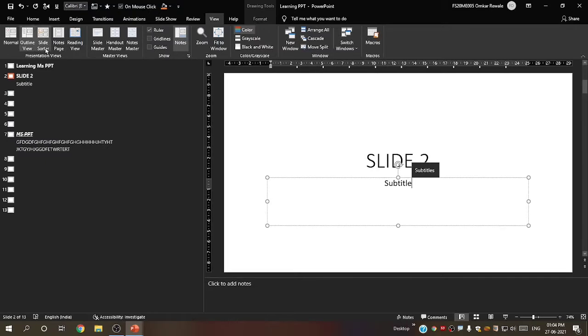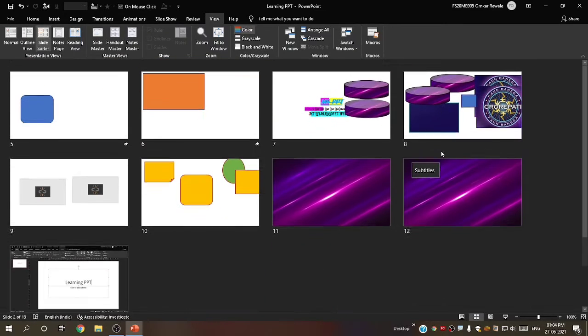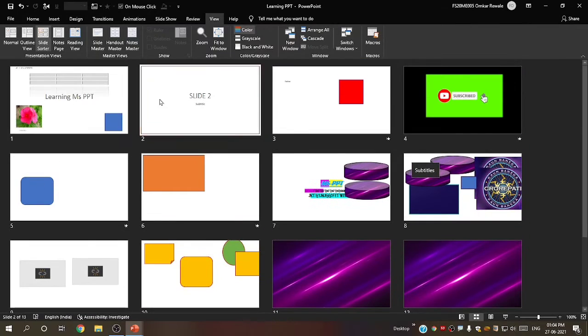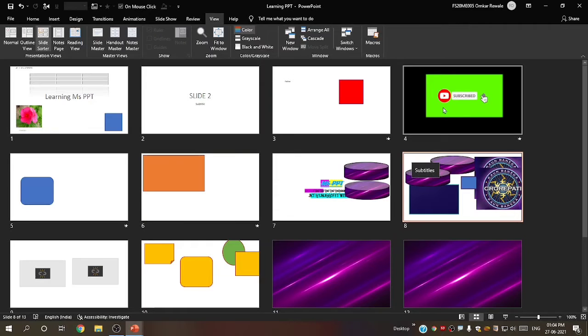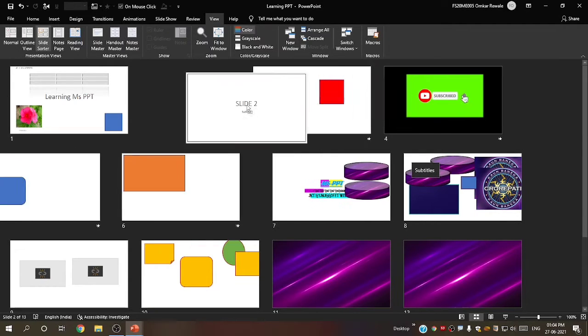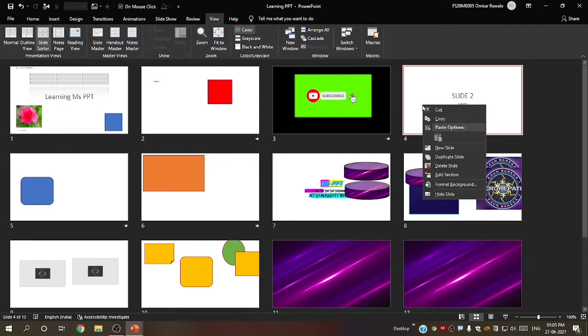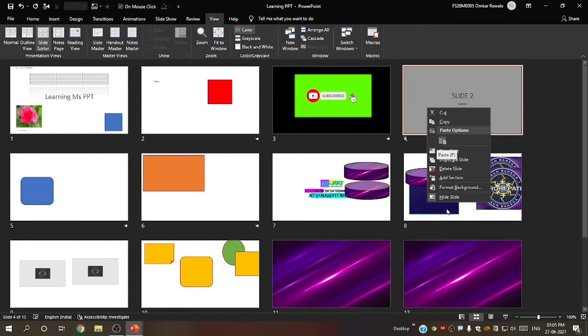It helps very easily. Then the third view, slide sorter. In short, you can see every slide over here: first, second, third, fourth, fifth. And you can also make the necessary changes. Say I want to take this slide to somewhere here, slide 4, then this will become 3 and this will become slide 4. Or else you can also right click and say hide slide, and many things which we do regularly.